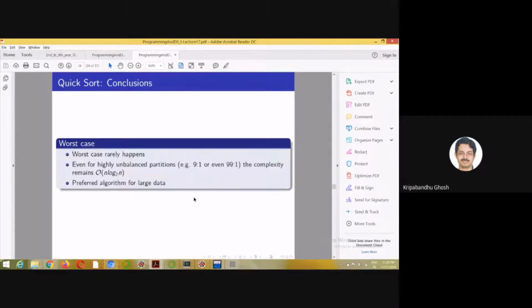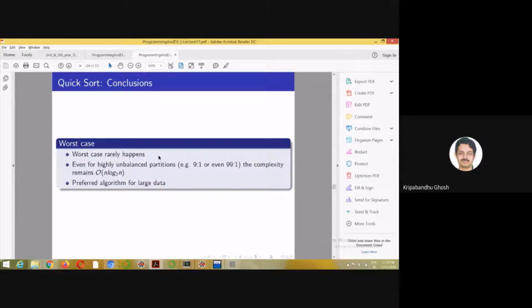Well, this happens only for the worst case. It happens only if the array is arranged in such a way that either the left or the right subarray is empty. That happens mostly when it is sorted in decreasing order. To prevent that, you can do a linear search to see whether it is already sorted in decreasing order or not. Then you may choose not to use this. But that is a rare case. In general, on average, this worst case doesn't come up.